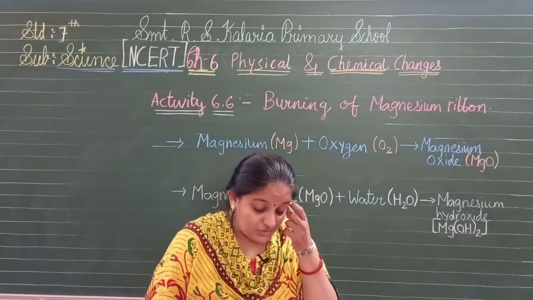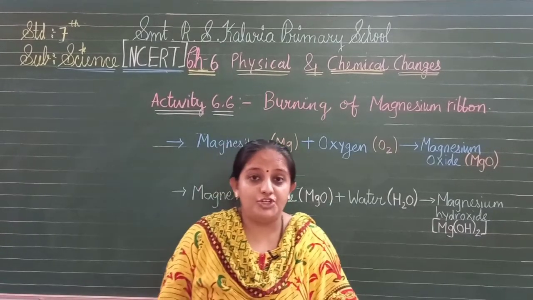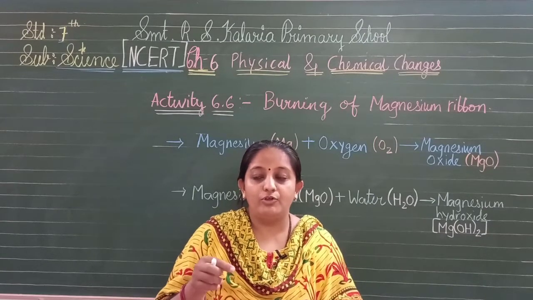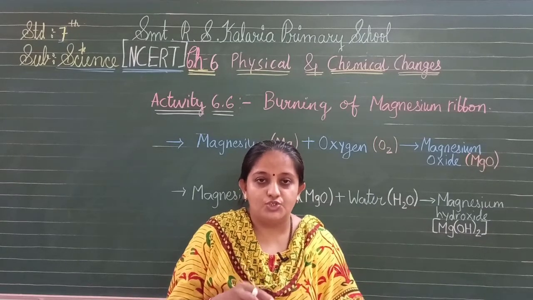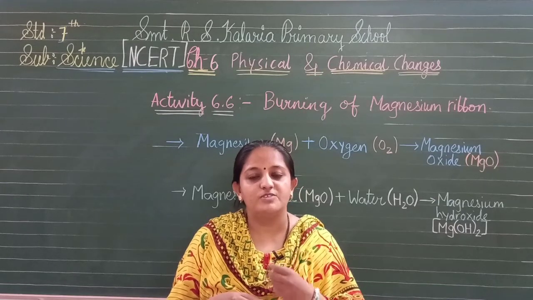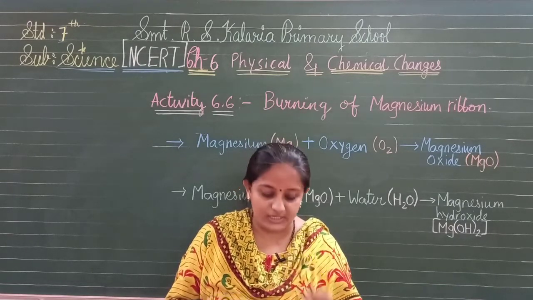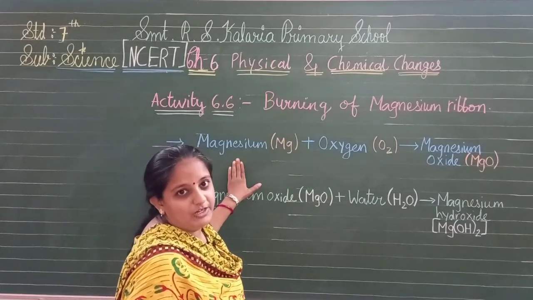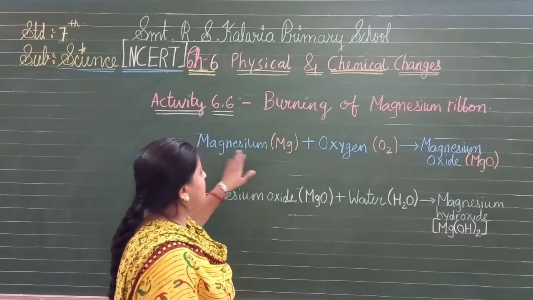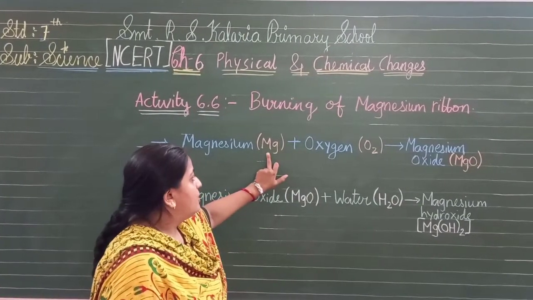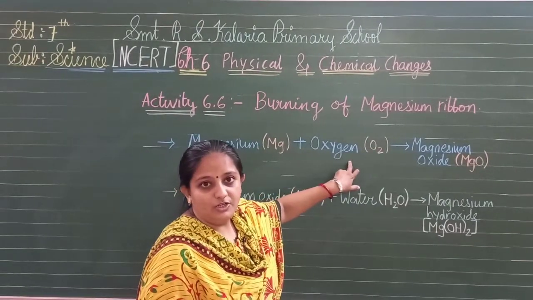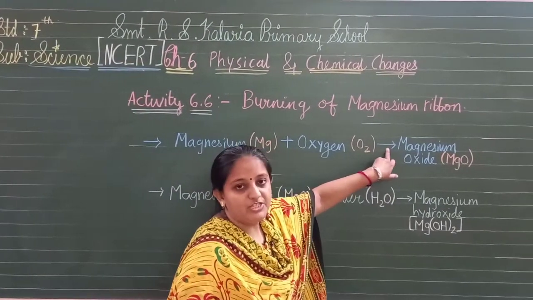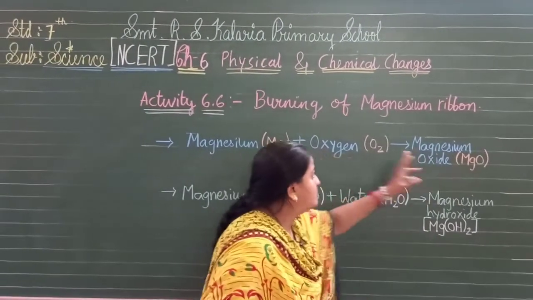Now dear students, we had seen while burning the magnesium ribbon, first we have to sharpen the tip of the ribbon, then keep it near the flame. As soon as it catches fire, it comes out in the form of ash. You have seen this. So how is the equation written? Here the signs in an equation are different as compared to maths. The chemical symbol of magnesium is Mg, which reacts with oxygen, O2. Combustion happened between the two, which implies we get magnesium oxide, MgO.